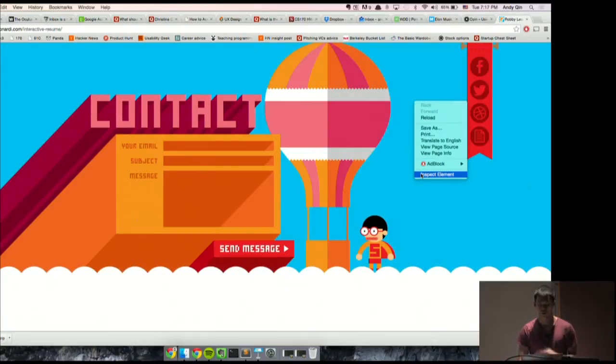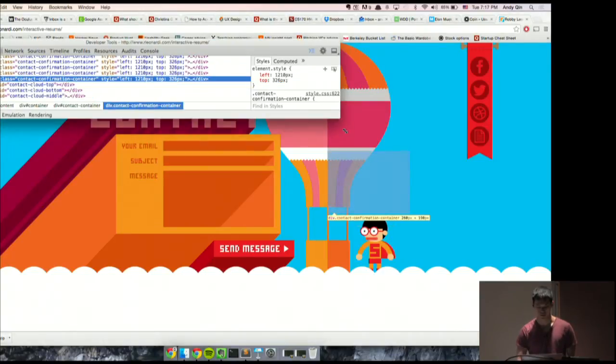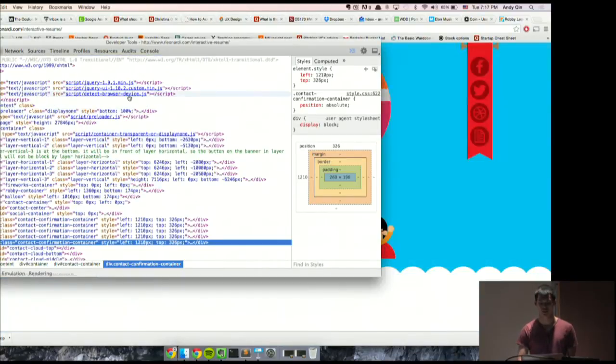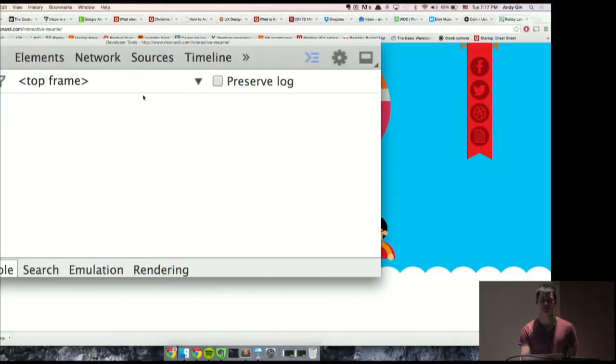Here's the web inspector: you right click, and then you hit inspect element. And here's my web inspector. We're all familiar with elements, right? Because that's where we did all of our work, here's all the HTML, here's all the CSS. But now, if you go into console, you get this. I'm going to zoom in. You get basically an arrow, and it allows you to type anything.